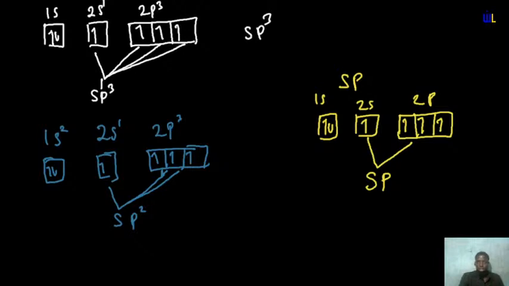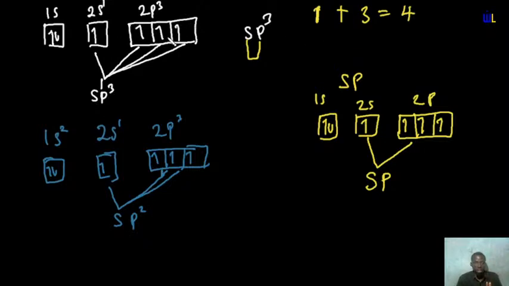Okay, so if you are following what I just explained, you will notice that the number of orbitals that are hybridized in sp3 is 1, 2, 3, 4. Hybridization is combination. When I say hybridization, I mean you are combining things together. So in sp3 hybridization, I'm combining s and 3 p's. S, which is 1, plus 3 of the p's, which is 3, would give me 4 orbitals hybridized in total. So have that in mind, that the first thing you are noticing in sp3 is that I have 4 hybridized